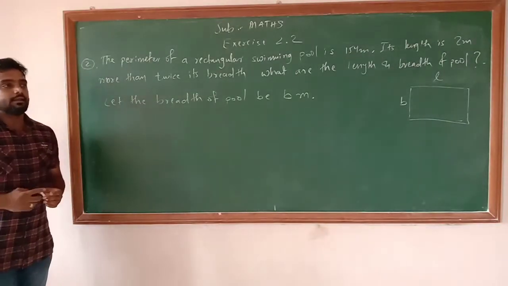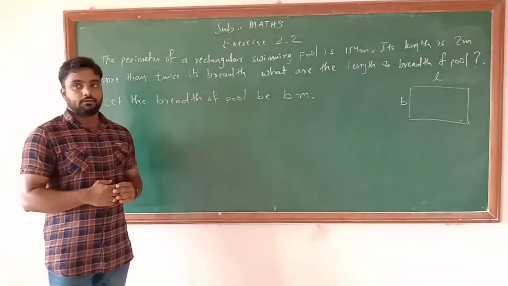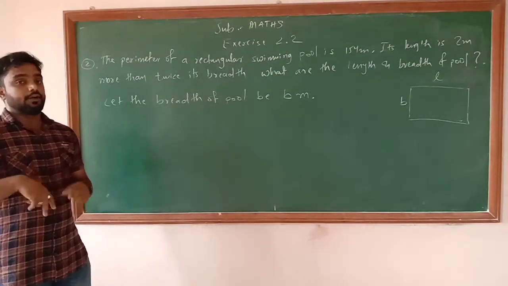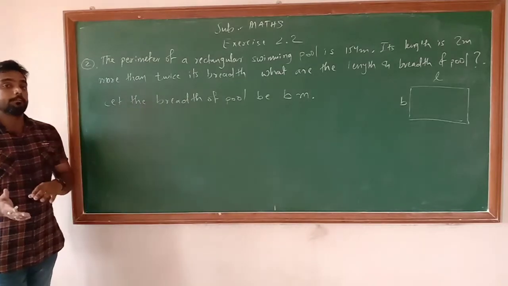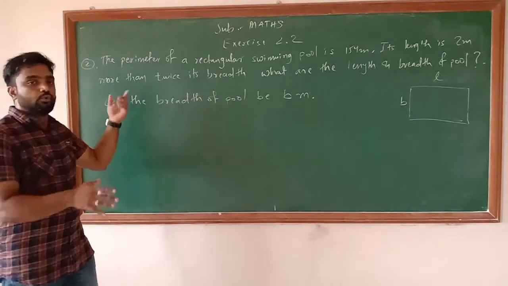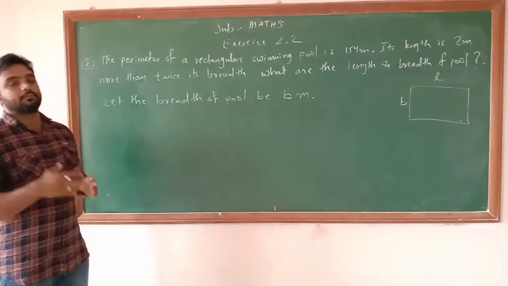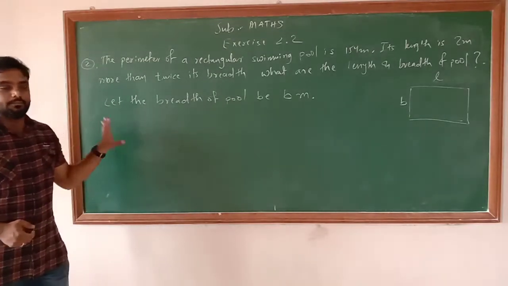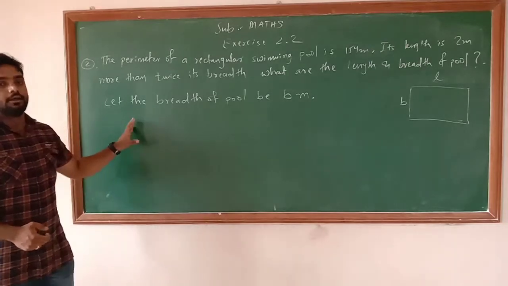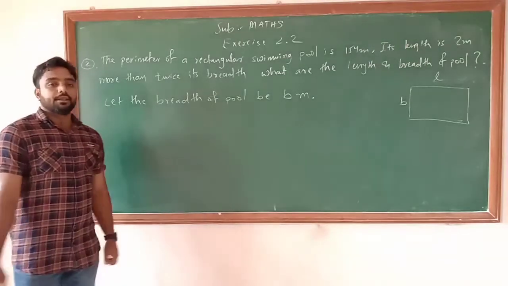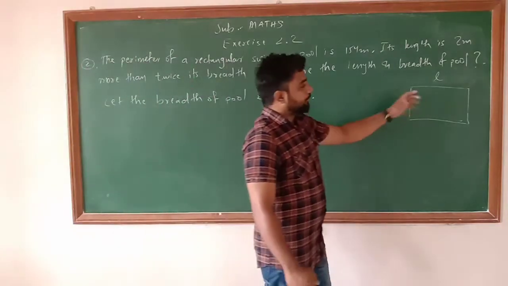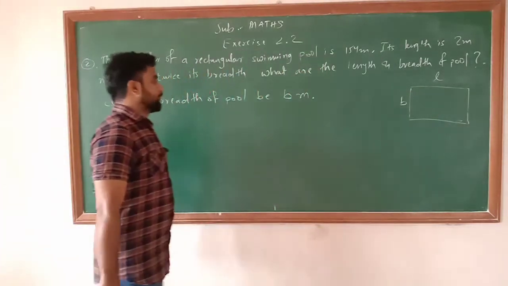Suppose breadth है हमारा 5 मीटर, तो 5 मीटर को twice करते हैं हम, तो कितना हो जाता है? 10. 5 2s are 10 और उसको plus 2, more 2 means plus 2 करते हैं तो हो जाता है 10 plus 2 that is equal to 12 मीटर. तो यहाँ पे हमें एक इक्वेशन means एक कंपैरिजन बताना है between the length and the breadth of the pool. Okay? So here this is the breadth of the pool and this one is the length of the pool.